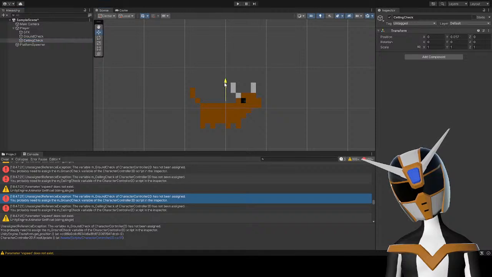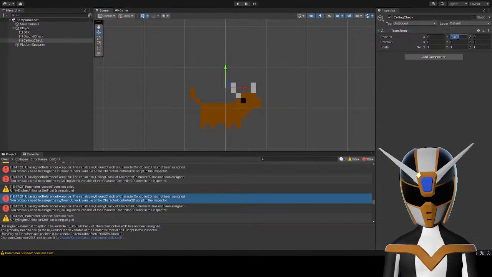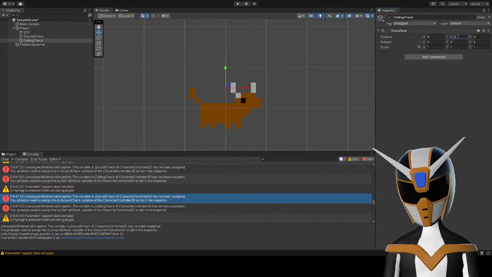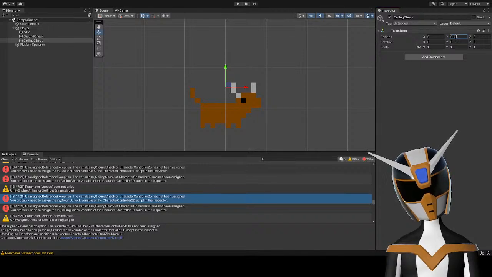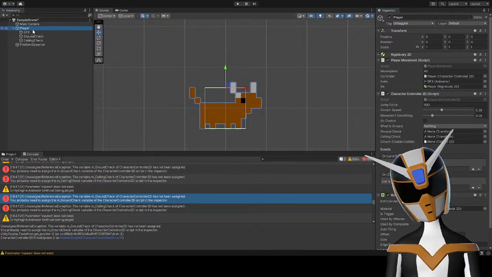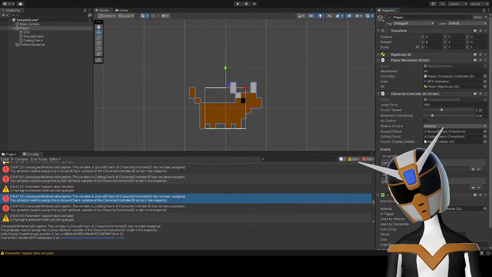Ceiling check up here. Do I want it slightly higher? I might. Yeah, sure. There. Now I need to assign those. There, I think. Oh, and I also need to assign what is ground.